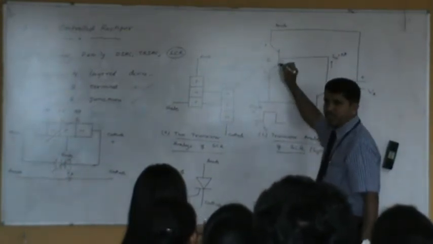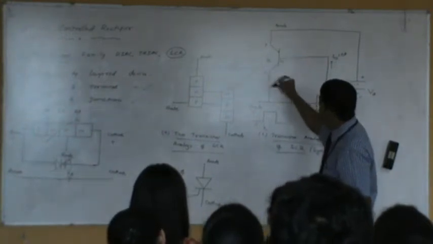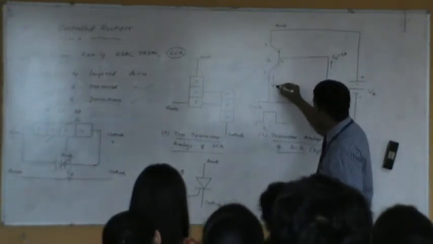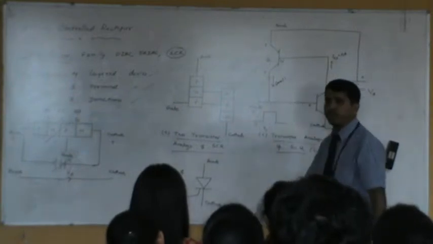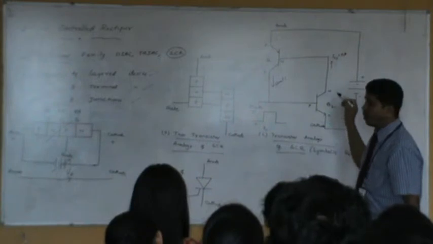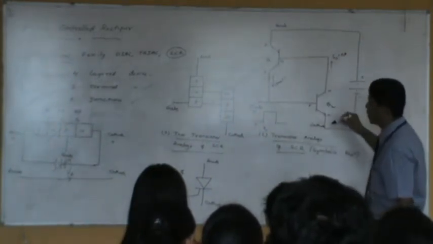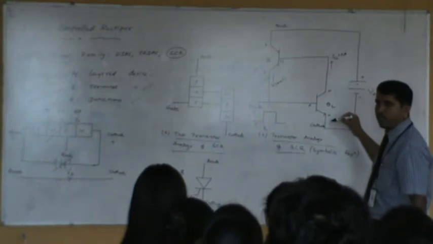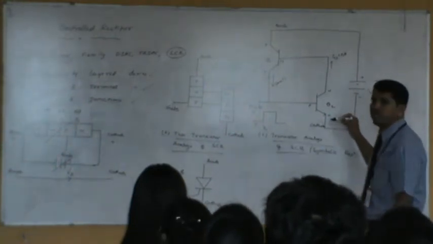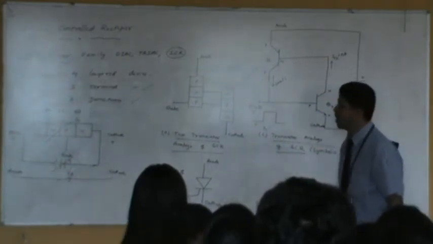And again, because of this, even this will be in the off state. Current will not flow from this particular end to the P type, and this current is also going to be a very small current going from the PNP transistor to the base of this. That causes a very large resistance between the anode and the cathode. So the device is going to be off because of the large resistance offered by these two transistors. Because of that, the device remains in the off state.